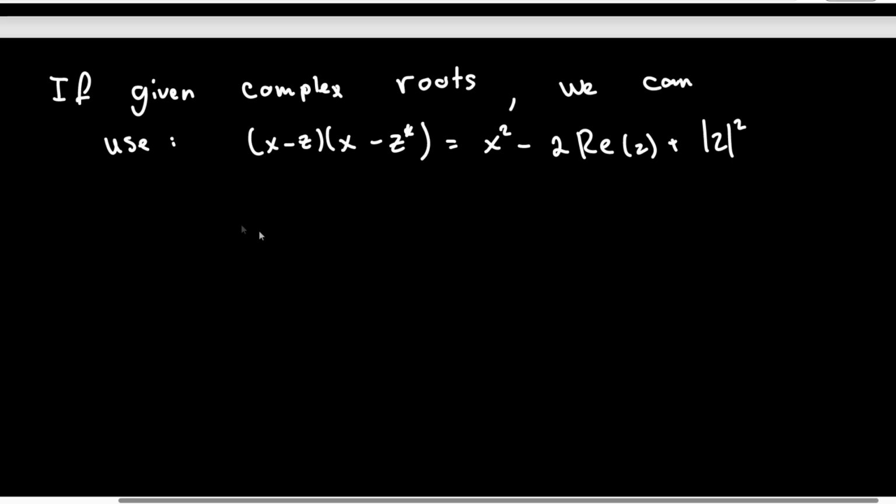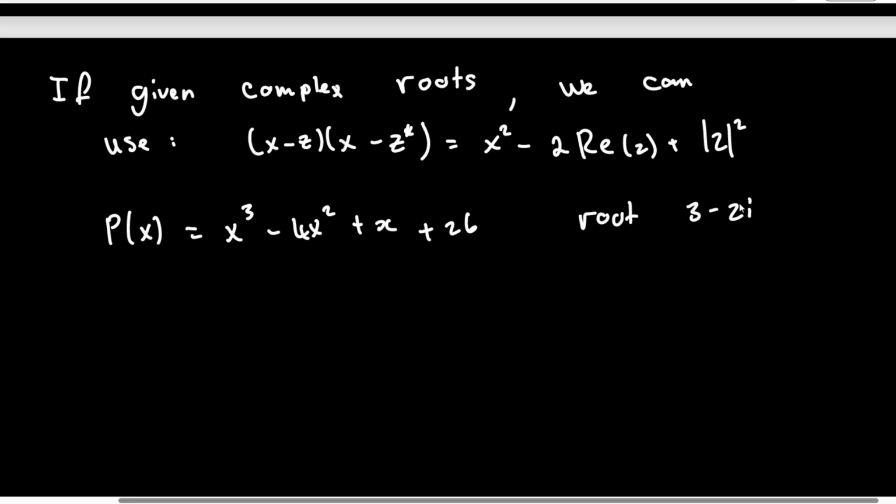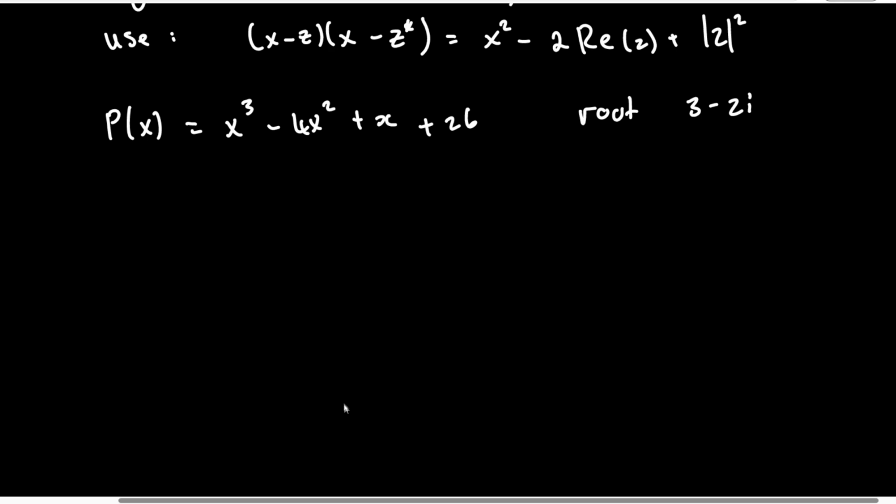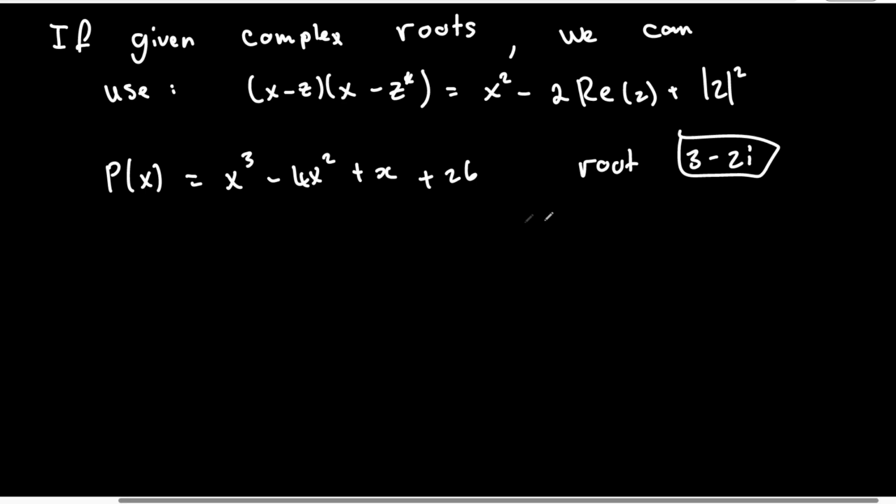Okay, I'm given a polynomial f(x) equal to x cubed minus 4x squared plus x plus 26, and they say the root is equal to 3 minus 2i. How can we solve this? Very, very easy. Since a complex root is given, we know we can use this little formula right here. Okay? So essentially, if I just plug in the values,